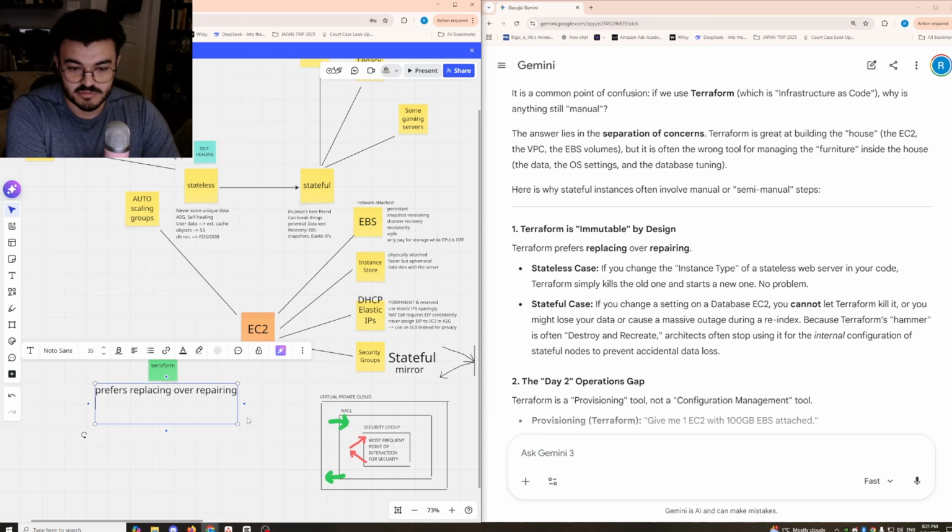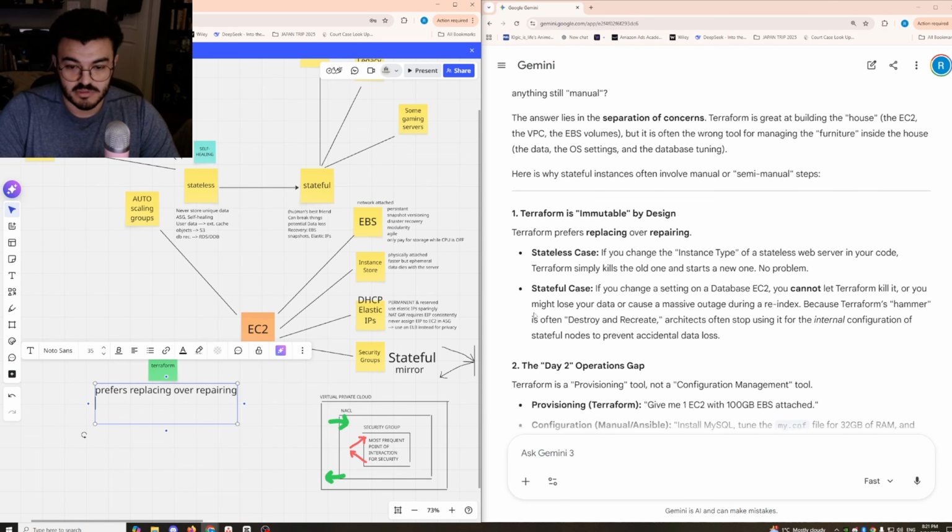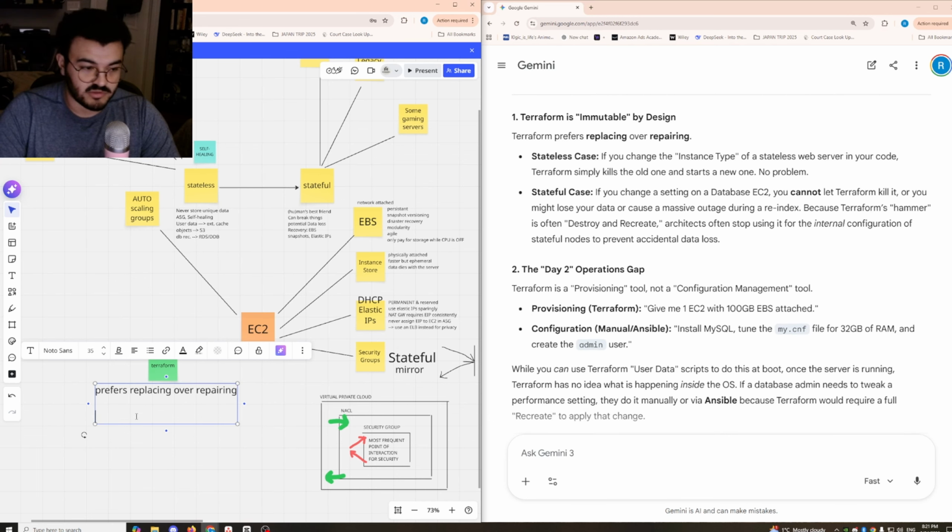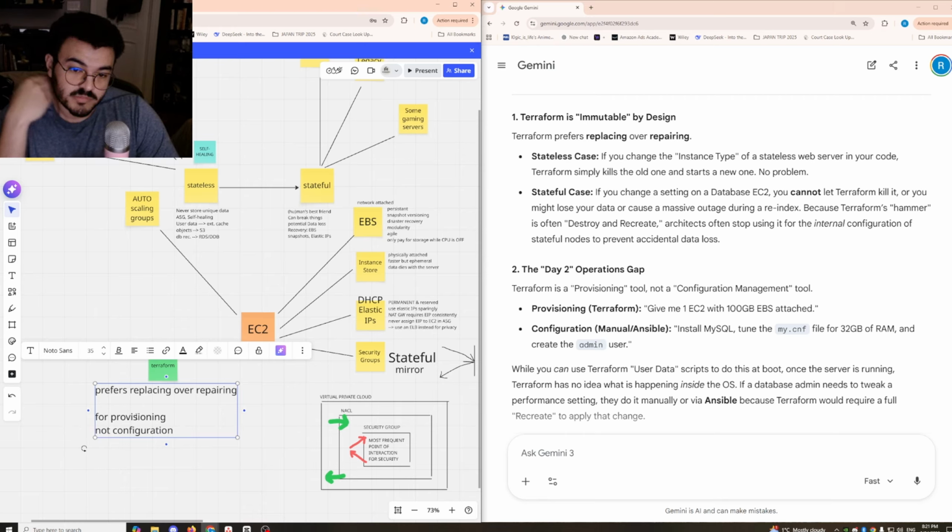Okay. Provisioning tool, not configuration. That's also important. For provisioning, not configuration. Provisioning: give me one EC2 with 100 gigabytes Elastic Block Store attached. Configuration: install MySQL, tuned. Okay.